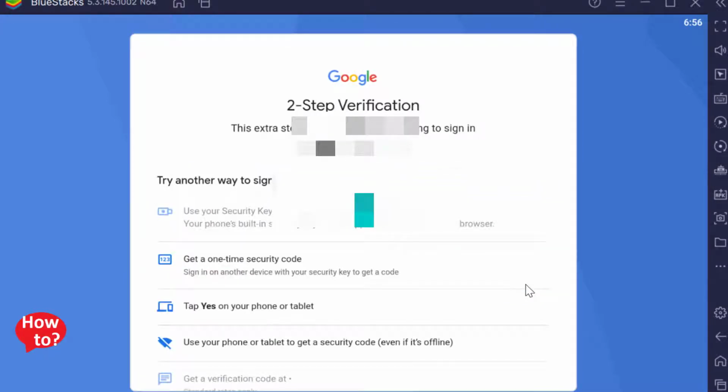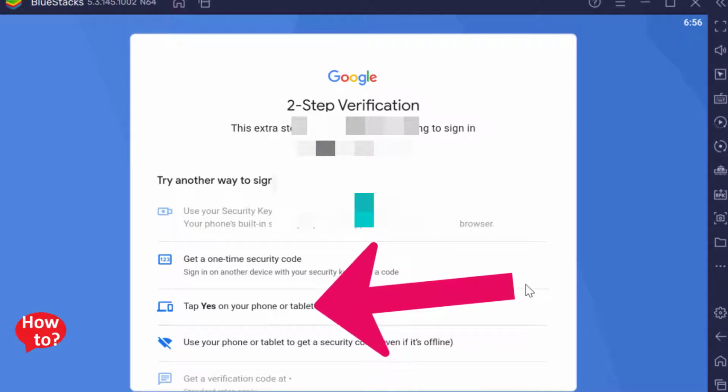Choose the two-step verification method you have set for your Gmail. For example, I will choose this third option, which say tap yes on your phone or tablet,